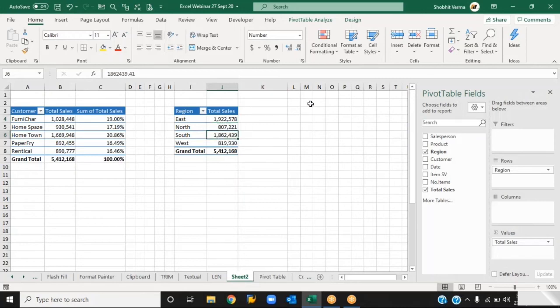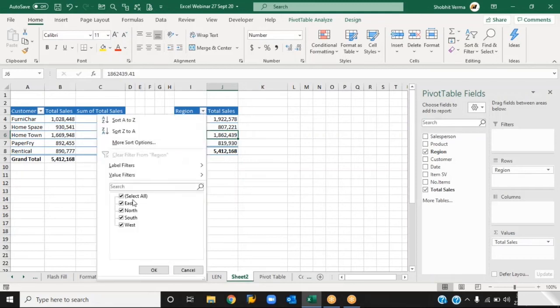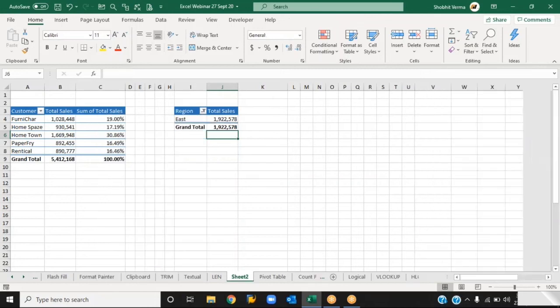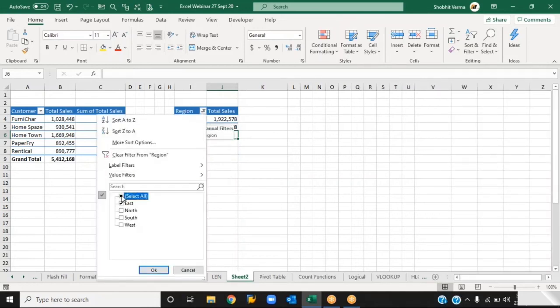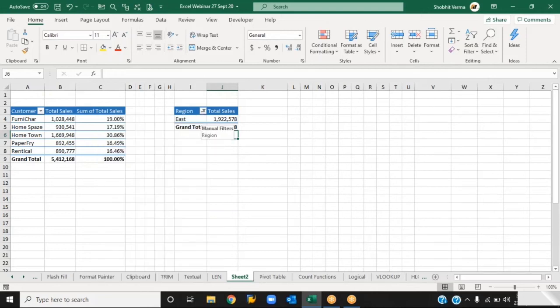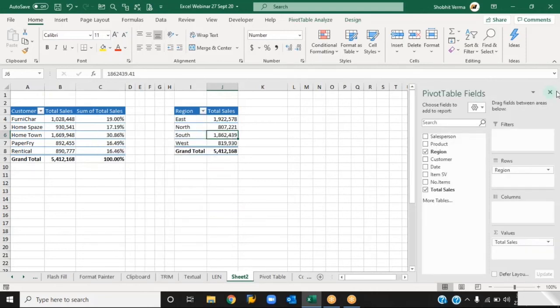Okay, and now the option is the slicer, a good option for this. Suppose I'm doing it like this, and if my boss wants to see only the east data, I can click on that and select east. But this is not a good way to show your data to the management. So for this, you can use a slicer.